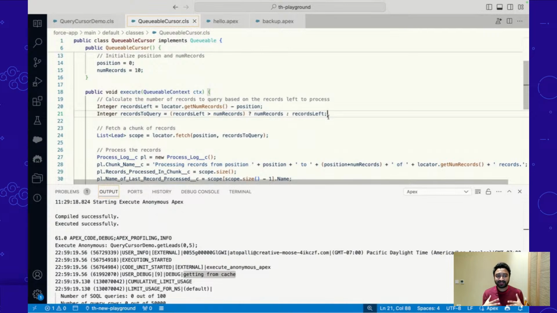So in spite of the batch size being 100, if I only have one record to fetch, the second parameter for the fetch method has to be that one record. If I say the start position is 99 and the number of records to query is 200, this is going to throw an exception because you are trying to query 200 records, but there is only one more record left